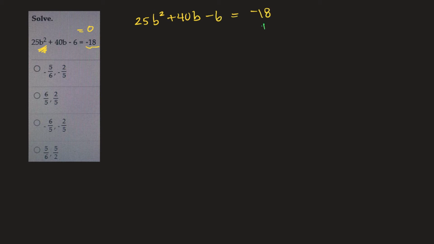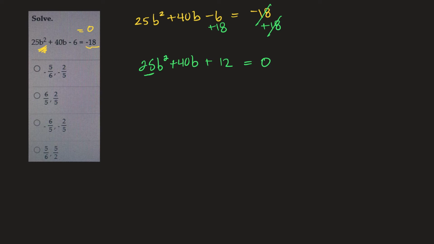So I'll take and add 18 on this side. I can do that as long as I add 18 to this side. This side cancels to leave me with 0. And then I'll have 25b squared plus 40b minus 6 plus 12. Beautiful. Okay, now I'm looking for a common factor, but since this number is 25, there's not going to be